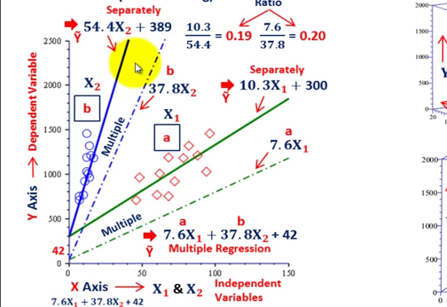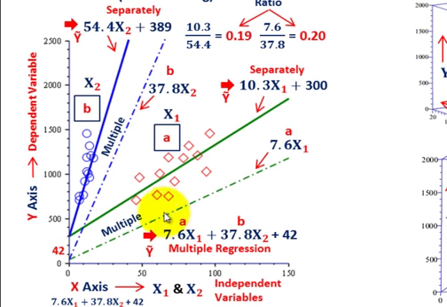But now we're going to combine these two data sets. Data set A represented by x1, independent variable, and data set B represented by x2. And we want to know if, by combining these two data sets, we're going to be able to come up with a relationship between the two that's going to better represent our dependent variable y. So combining both sets, I did a multiple regression of data set x1 plus data set x2 regressed against our y dependent variable, and we came up with this equation: 7.6 x1,